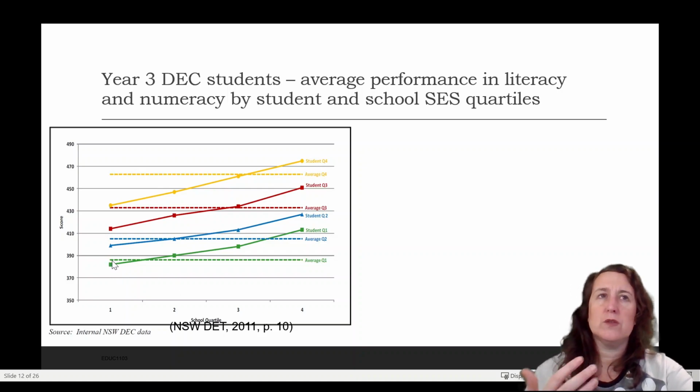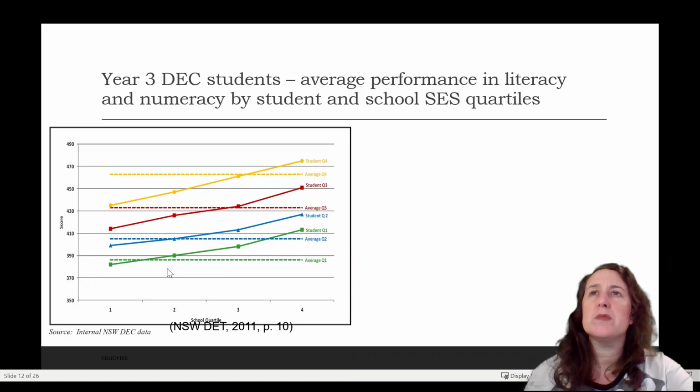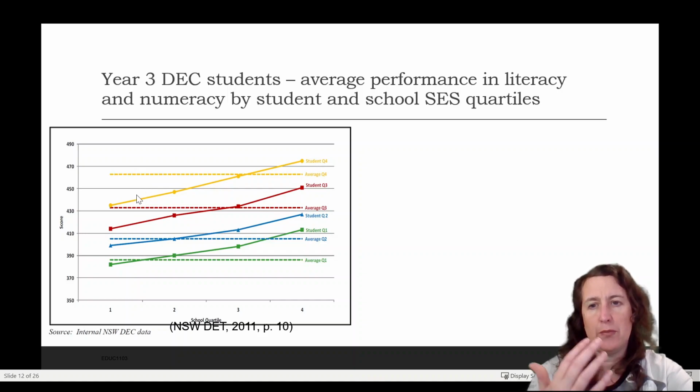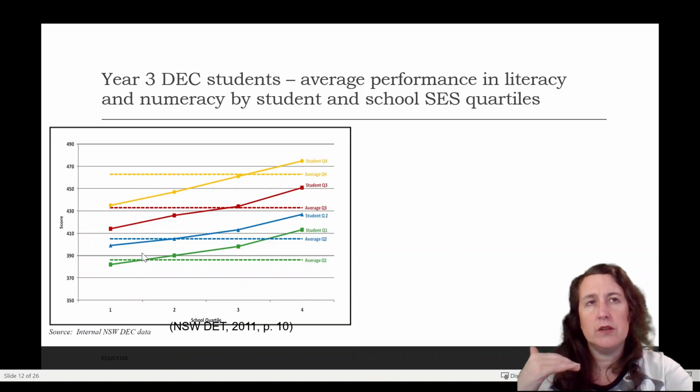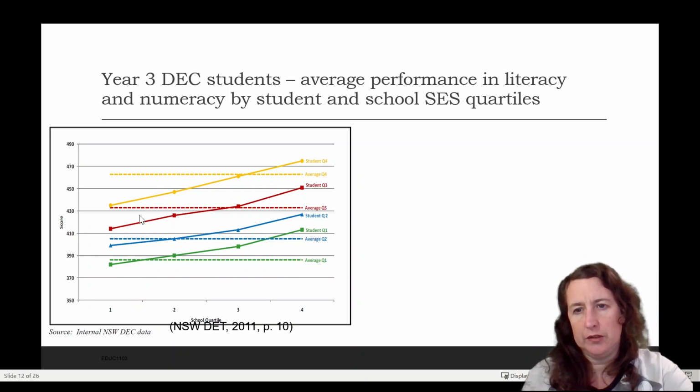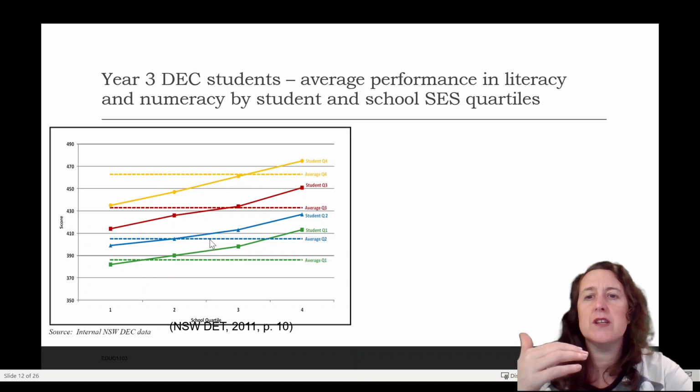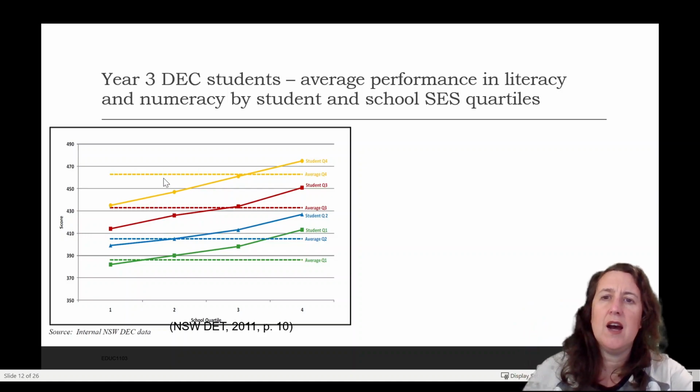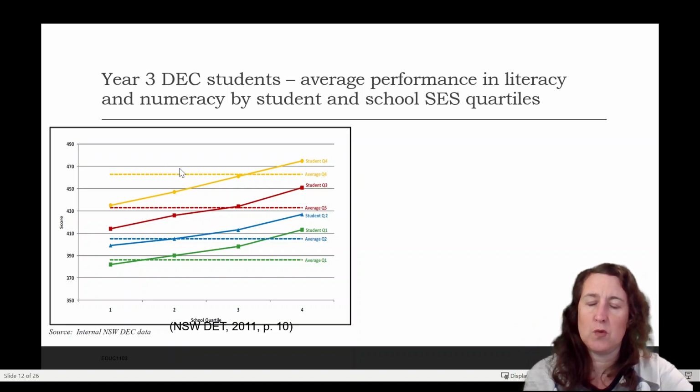If we don't look at schools, if we just look at students, students from the bottom socioeconomic quartile score just under 390 in the NAPLAN results, whereas students from the top socioeconomic quartile score around 465. So between the four quartiles, there's quite a jump in educational achievement based on the economic status of a particular student. Students in the second quartile achieve higher than students in the first, students in the third achieve higher again, and then the best achievements are those whose background is in the top quartile.